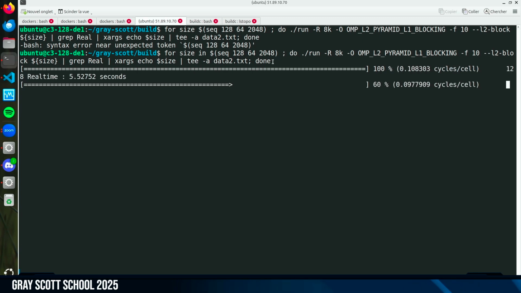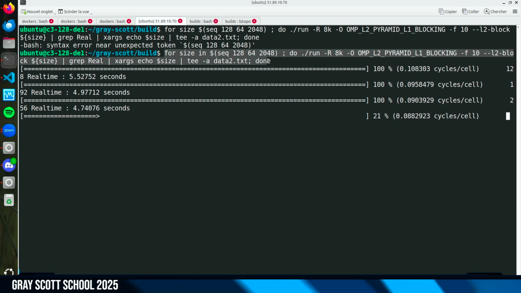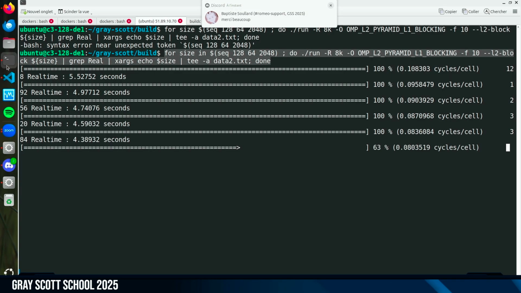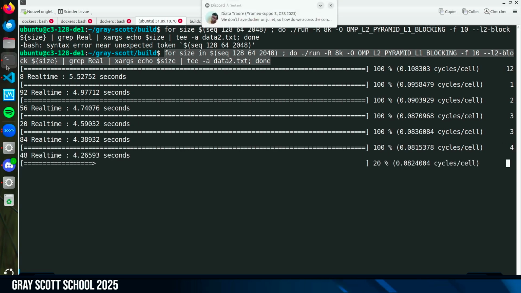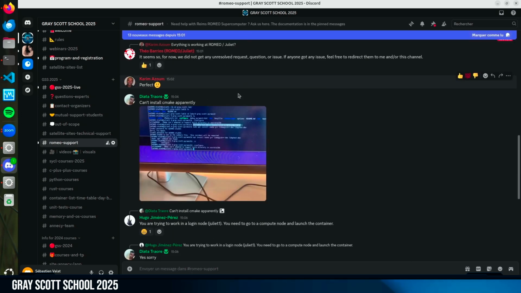Okay. Ah, I will take the F. Where is the chat? For those who don't have the Docker, you can probably try to download the code.